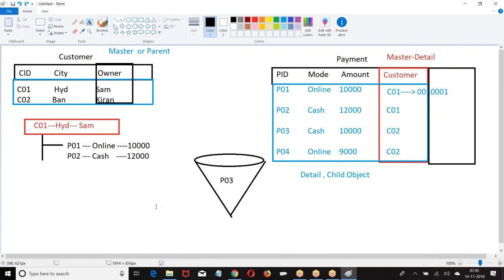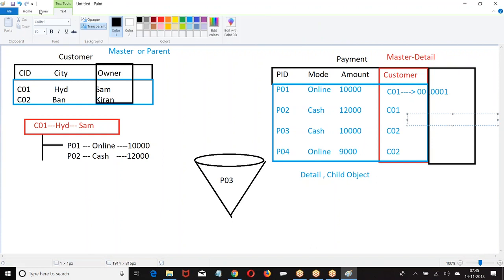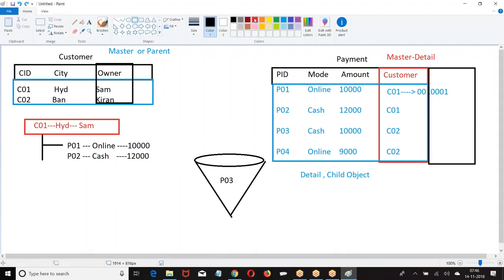So whoever is the owner of the parent record, he is the owner of the corresponding child record. When you delete a parent record, corresponding child records are also deleted. Okay. Now look at this. I have created P02 by choosing C01 as a parent.